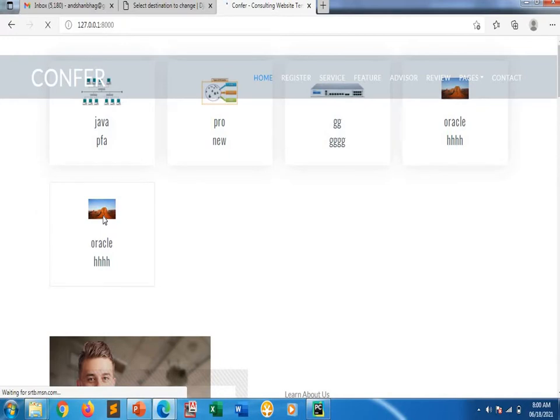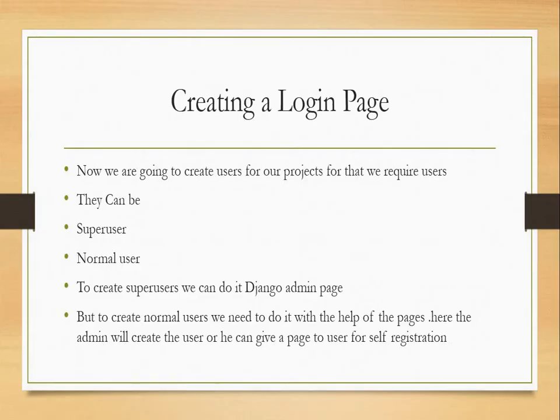Got it? Okay. This was a practical session on how to add an admin user. Then we can create a user that can be a super user or a normal user. So instead of going to the Django admin panel, we can create a form where we can create users that can be a super user or a normal user. If you are going to work with the super users, you can go to the admin pages, but if you want to work with the normal users, you can come to the normal page design, which is an HTML page that can be designed by you, and you can insert the data into the particular table.